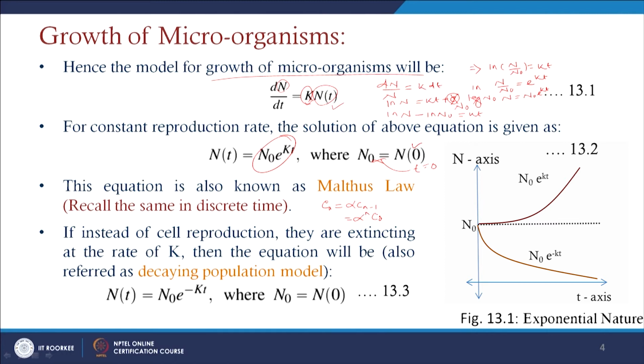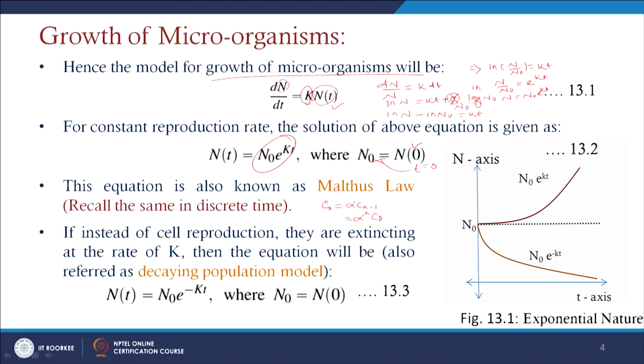If instead of cell reproduction there is a decaying or going extinct at the rate of k, suppose, this means that the population level will decline. Then the equation will be referred to as a decaying population level, and in that sense we consider that k is negative there. So, we put minus kt there, then we will have n by n0 as e to the power minus kt, and the final form is n equals n0 into e to the power minus kt, where n0 equals n of 0, that is, at t equals 0 we will have